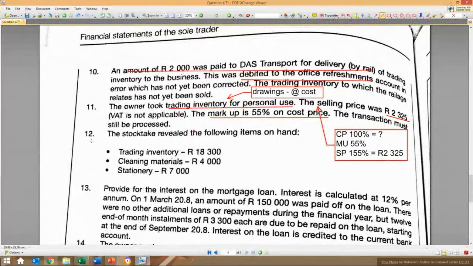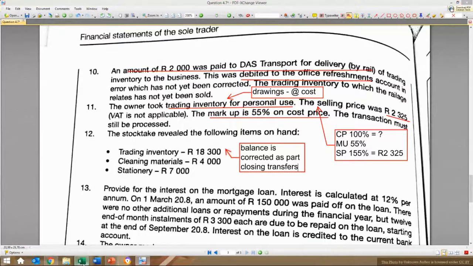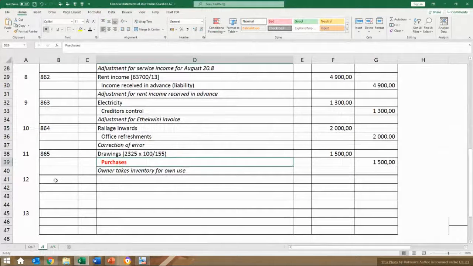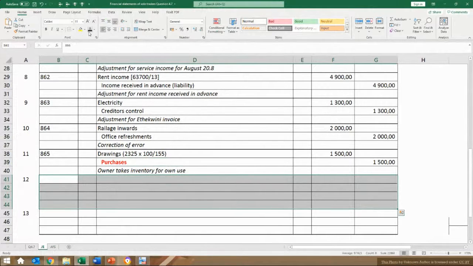Then if we look at number 12, now our stock take revealed the following items on hand. Now, the trading inventory balance, this balance is corrected as part of your closing transfers. That is when we will account for that balance. And then the cleaning materials and stationery we bring in as a general journal beforehand. So the journal for the stock on hand